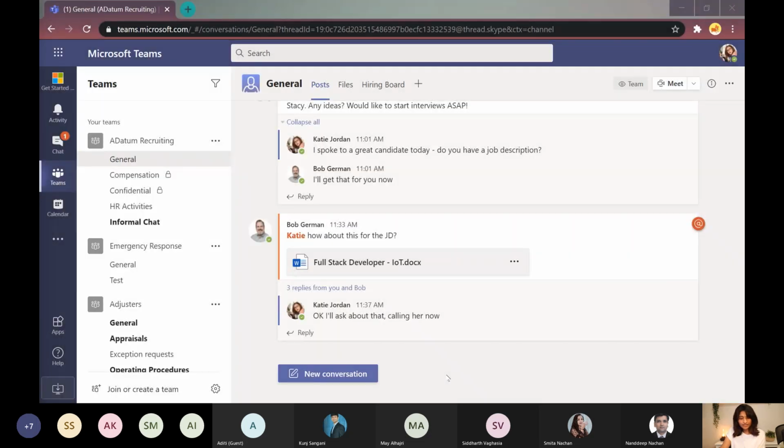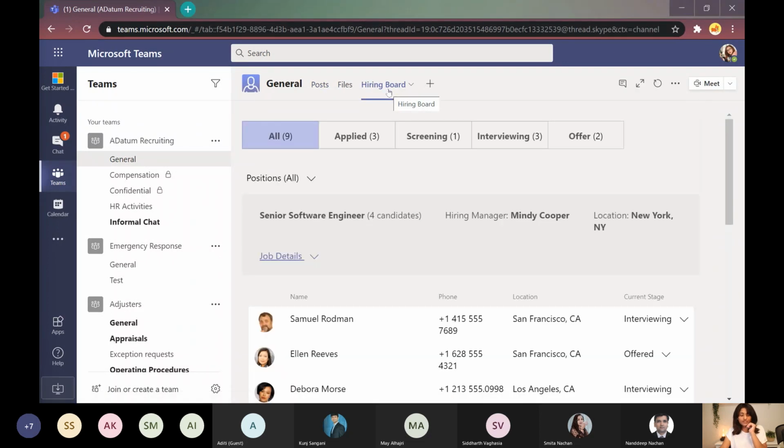Now, in the next demo, I'm going to be showing you the third-party application. Third-party custom applications that you can have inside Teams. So here you have a hiring board, which is a tab. So think of tabs like websites, but they're within Teams. There are different ways you can build that, but let's just go ahead and see the demo where they're working together and I'm now logged in as Katie, and she's going ahead and adding information that everybody can use